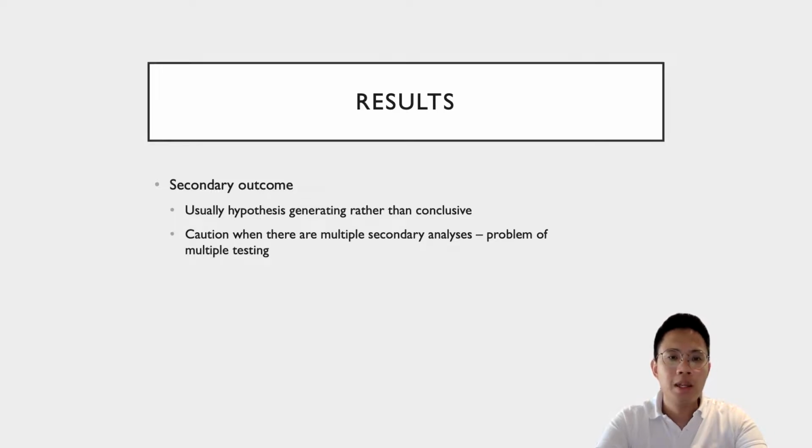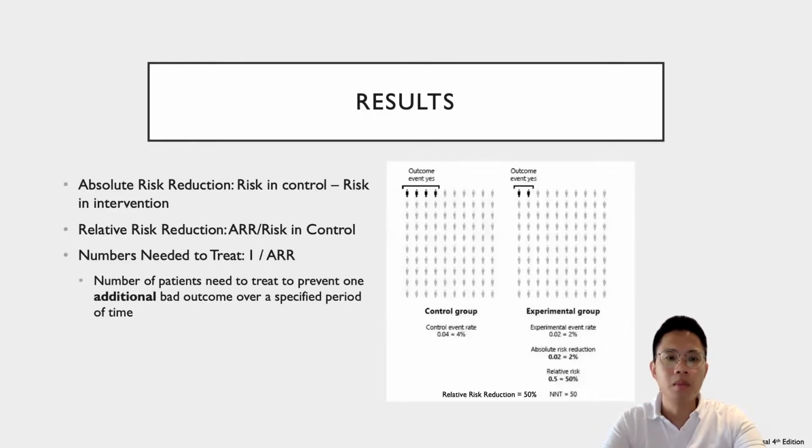So especially if we see that there are many secondary outcomes that are being evaluated, one has to be cautious about problems like data wrangling, where one may be just trying to perform various analyses to get a statistically significant result. On this particular slide, I just wanted to highlight the importance of paying attention to what the outcome measure